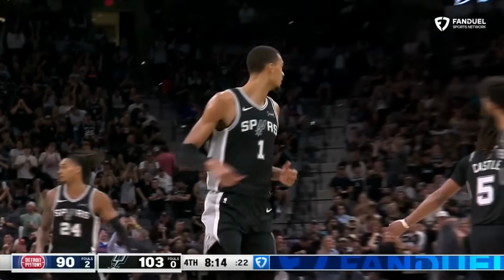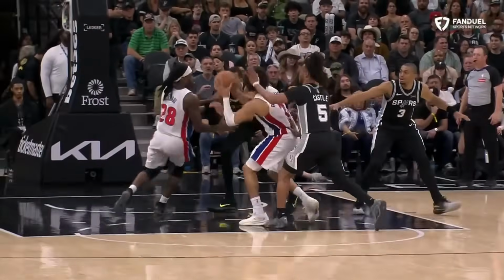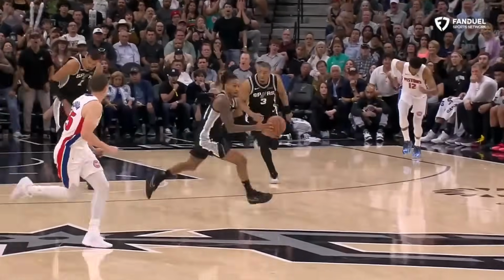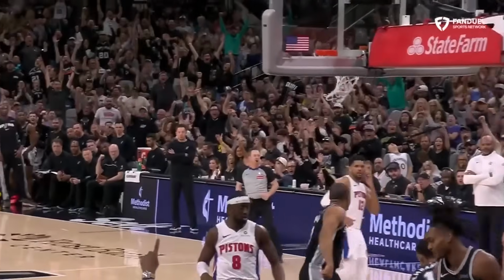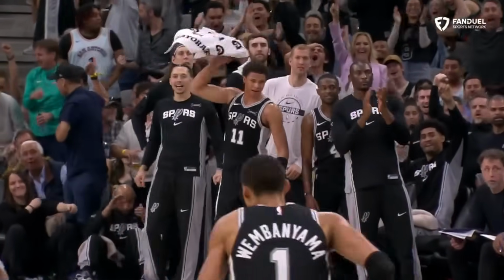Back home, the alien flies. I love him. So you don't have to convince me. There's the block from Victor. Gets out and runs hard. And you can see Keldon, he had a chance too, but when he saw Victor filling that middle lane, he said,